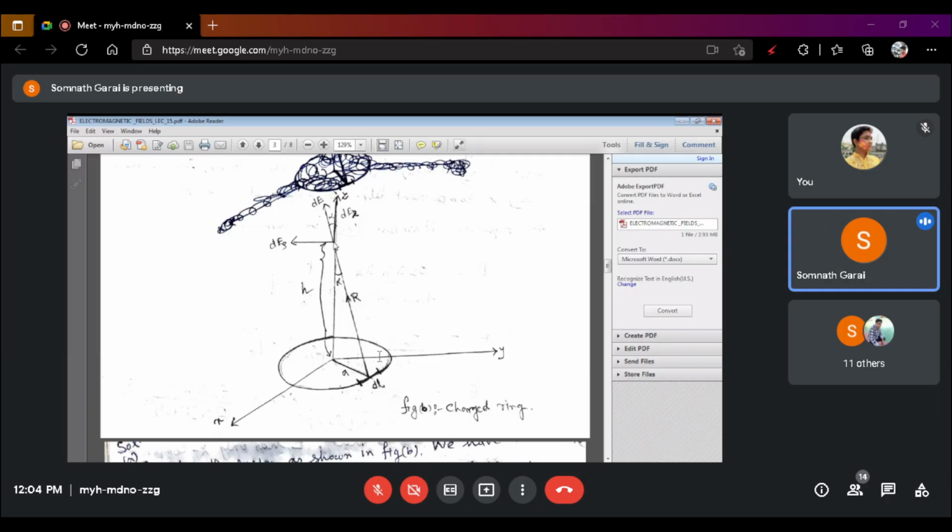Clear? Did you understand the question, what we are going to do? Clear? That is called ring charge. Ring charge is basically a line charge. So due to that circular line charge, how much electric field intensity occurs at the point E, which is situated on the z axis, whose vector location is 0, 0, h. Got my points? Clear to?